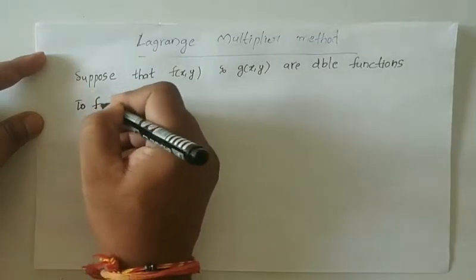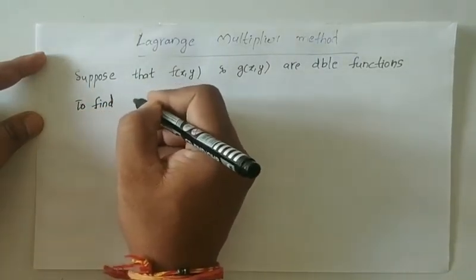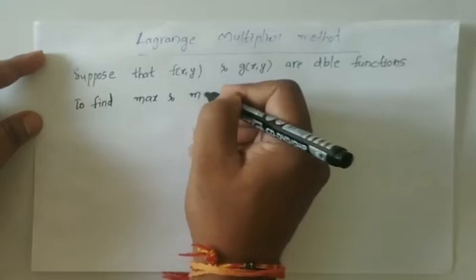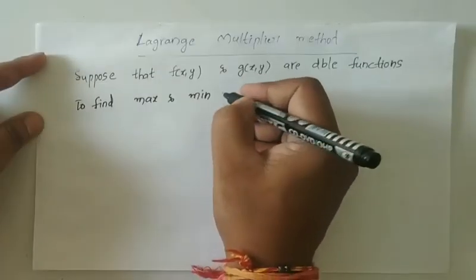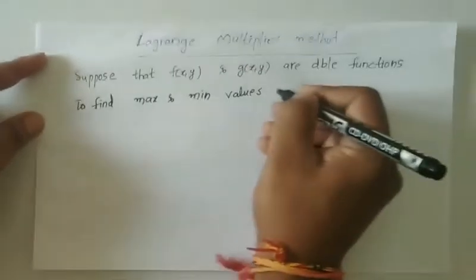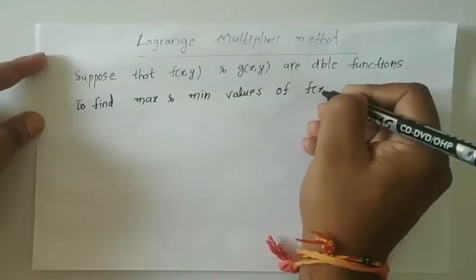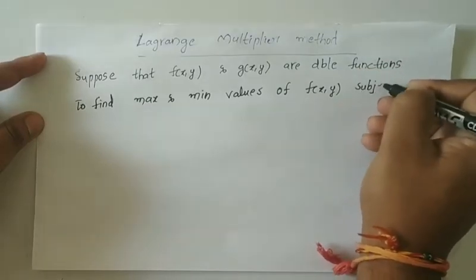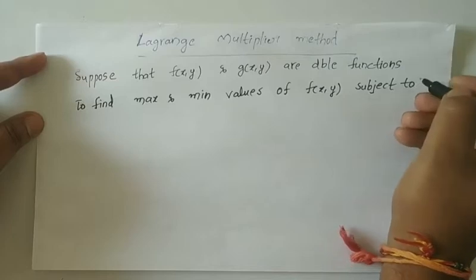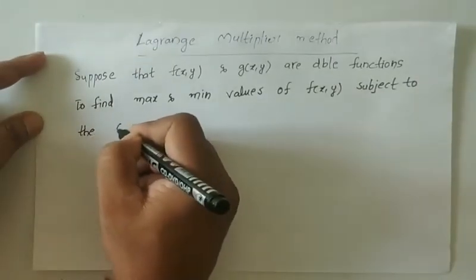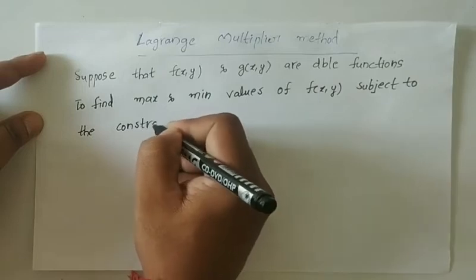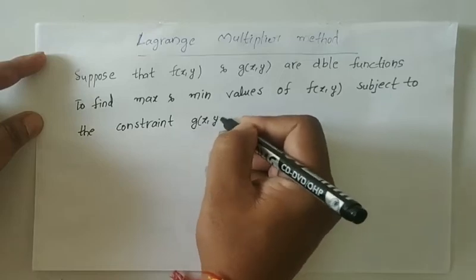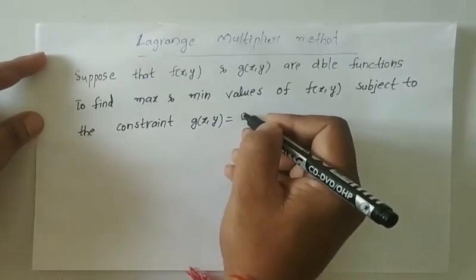To find maximum and minimum values of f of x, y subject to the constraint g of x, y is equal to 0,